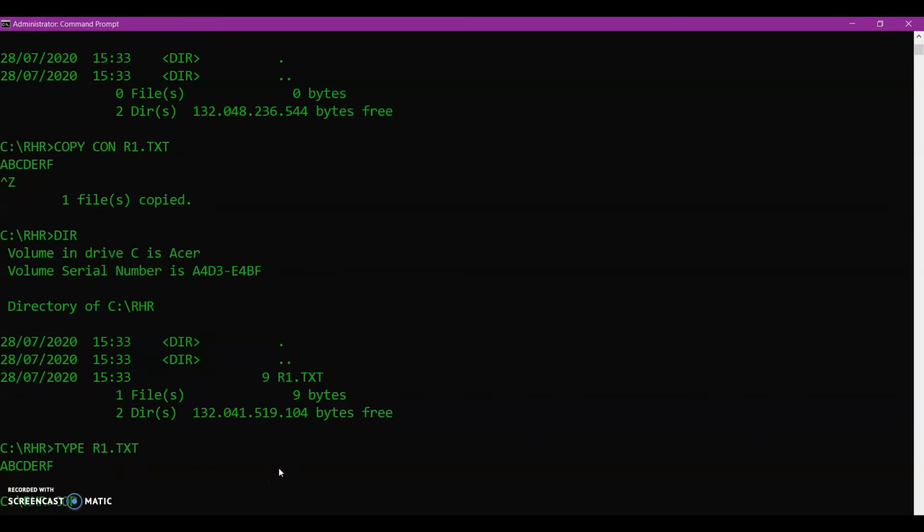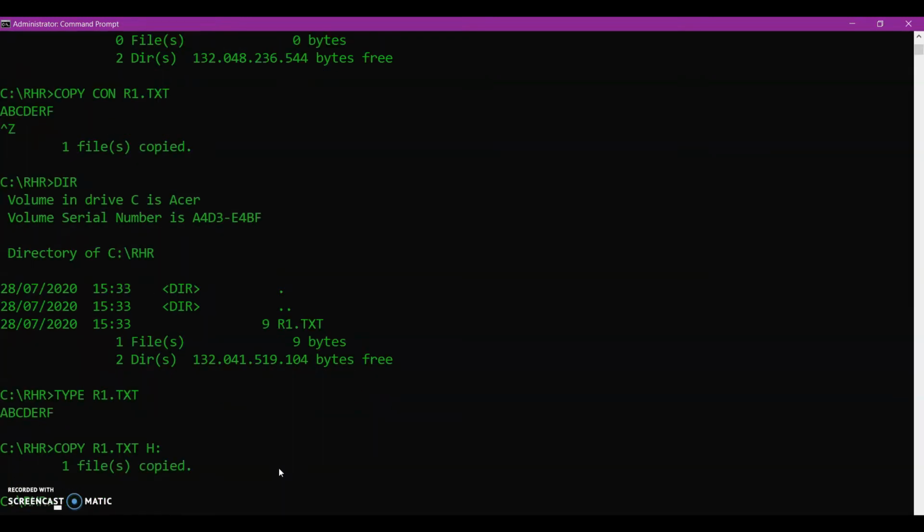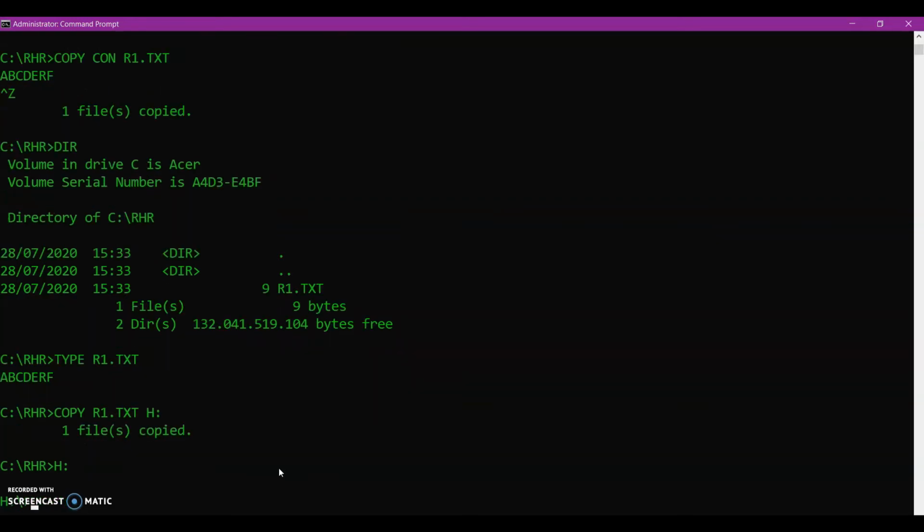Now you can copy this file into another location, r1.txt to H drive. There is another logical drive present in this laptop. So go to the H drive where the file is copied, H and colon. Let us see here, H colon is present.